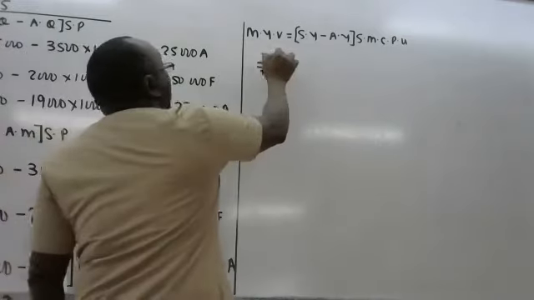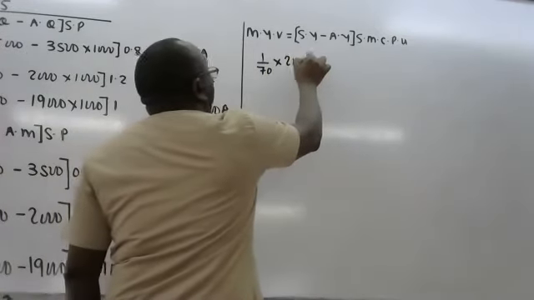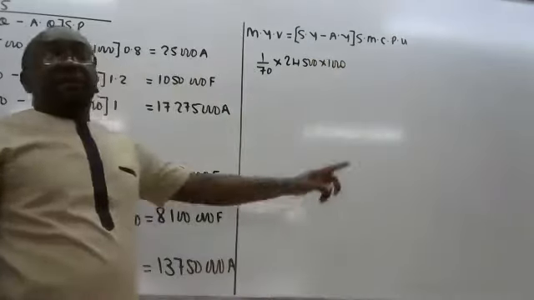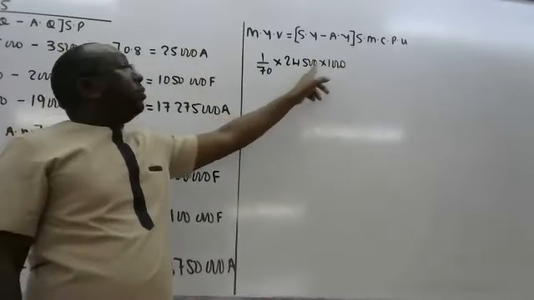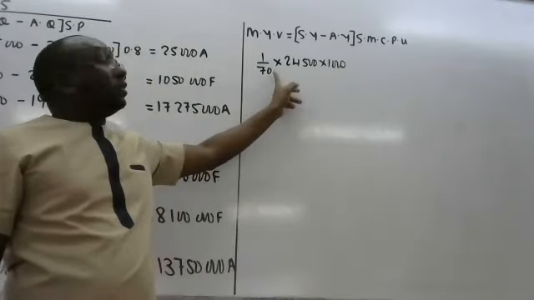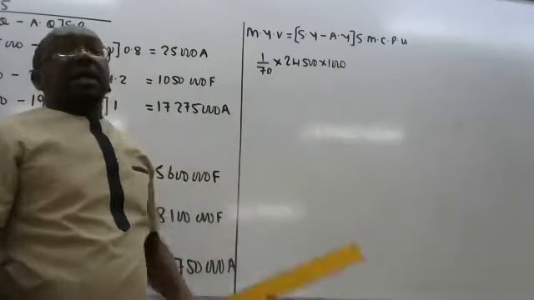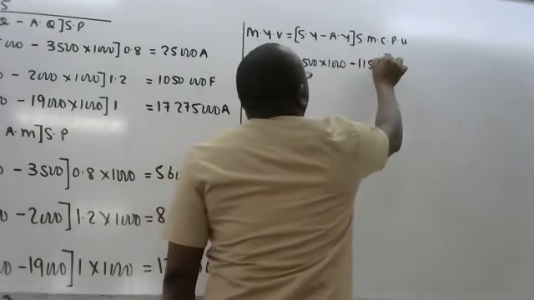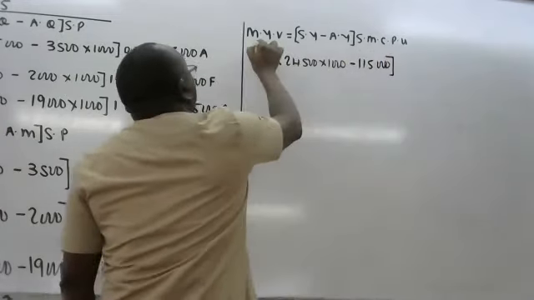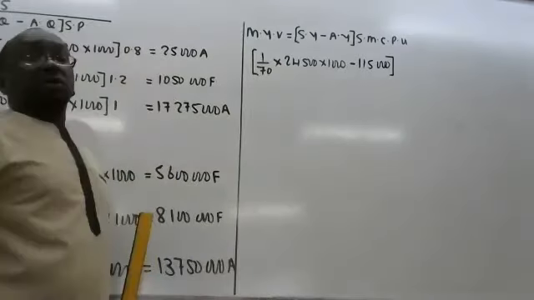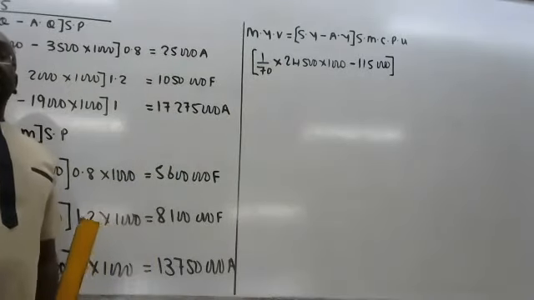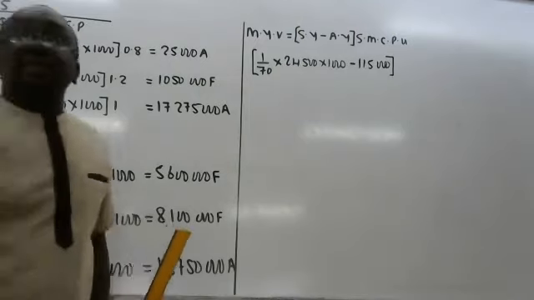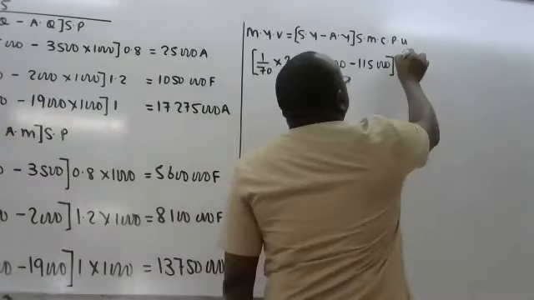So if you multiply this by our input of 24,500 times 1,000, because this is 24,500 kilos, you multiply by 1,000 so that they go back to grams, because this 70 is grams. Now you minus what we actually got. What we actually got was 115,000, and then the standard material cost needed to go to the add up in 69.